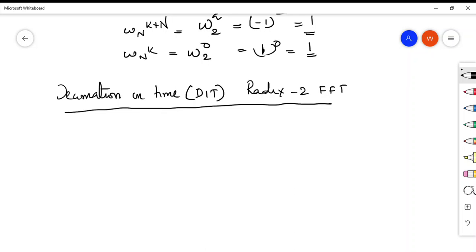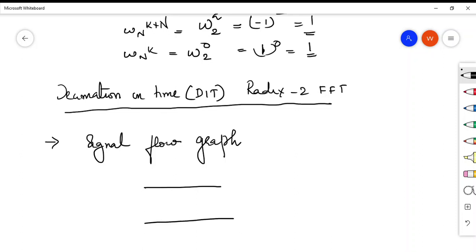Now for finding the DFT using decimation in time and decimation in frequency, first you have to know a signal flow graph, which represents the flow of signals, and it resembles the shape of a butterfly. So the signal flow graph resembles the shape of a butterfly. If you have a 2-point sequence, let me take a 2-point sequence first. Now the butterfly diagram or the signal flow diagram for this particular 2-point sequence is like this. This is decimation in time I am writing.